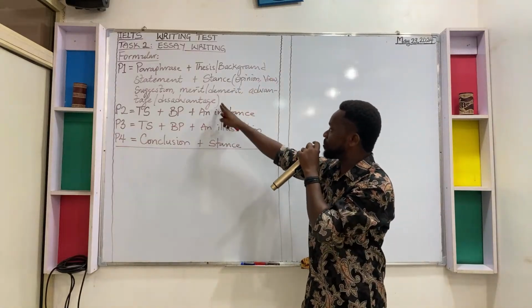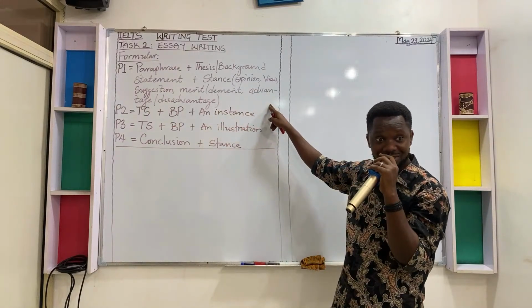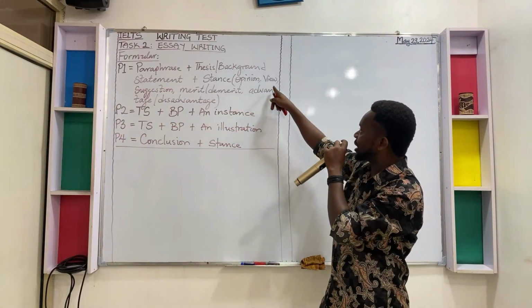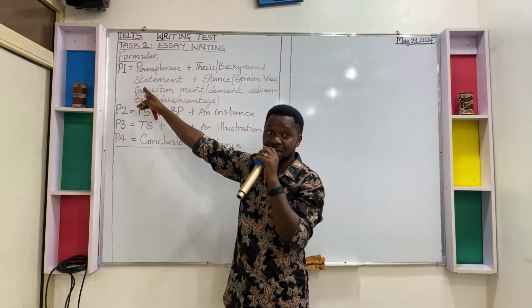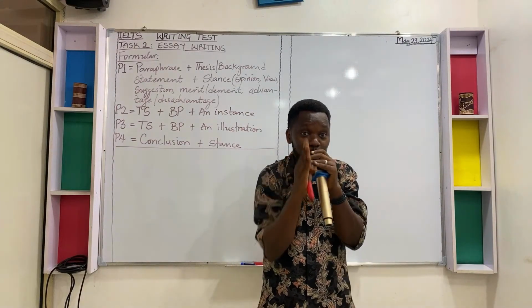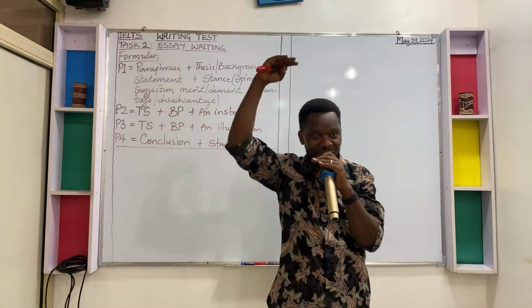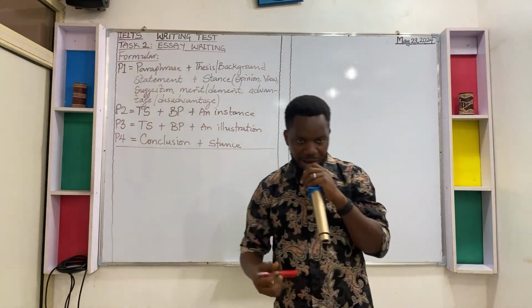Perhaps, let's assume the paraphrase ends here. You still have space to continue. Do you understand? But if it ends at this point, of course there is no space, so you can go to the next line, but don't constitute a paragraph. So you continue from the same margin as the first line, right? So your thesis or background statement,